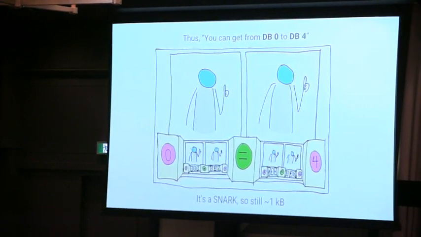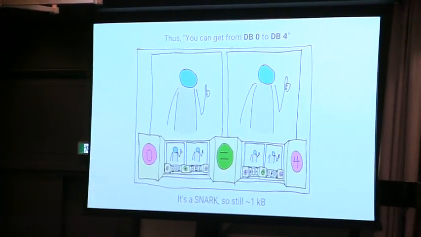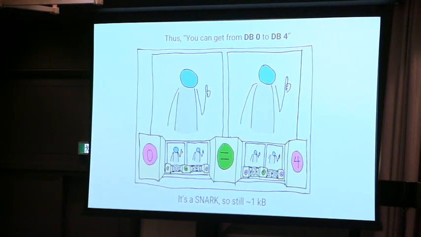So you see at the bottom, there's our chain receding into the distance, with this chain of proofs, a tree of proofs on top of it. Does that make sense? Great. No one said yes. I don't know why I said great. Great. So it's a SNARK. So this whole thing is still 1 kilobyte, even though it's now standing in for 4 blocks instead of 1.